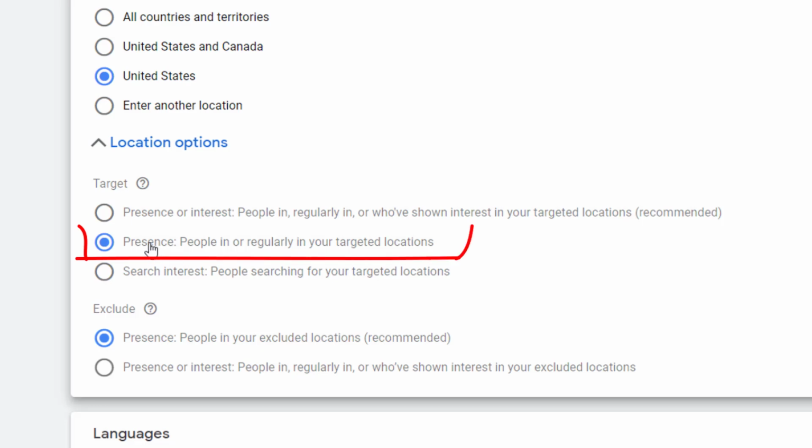So I suggest you choose people in or regularly in your targeted location. By setting your location targeting to the United States, you can ensure that your ads will be shown to people within the United States who are searching for the product and services that you offer.